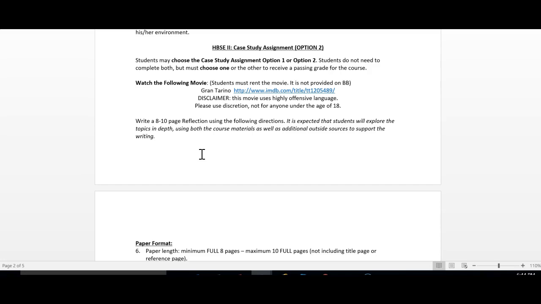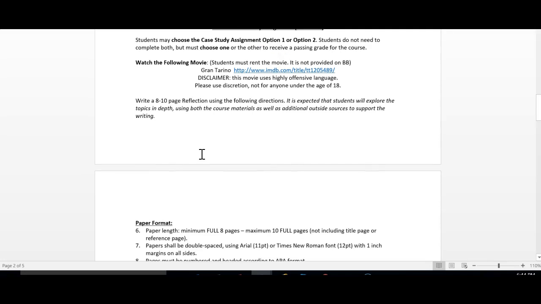You can write about any other character in the movie, as long as you look at the full perspective of their life and what that looks like, what's presented in the movie, and give an example. Don't spend tons of time telling me all about the movie. I've watched the movie, but pick out key examples from the movie to support